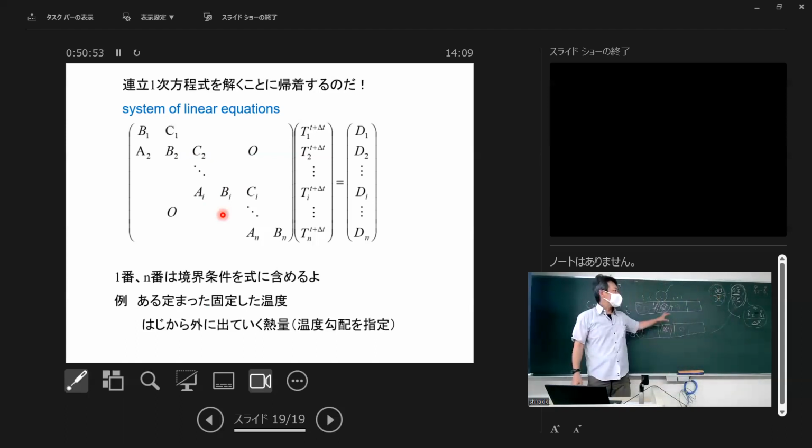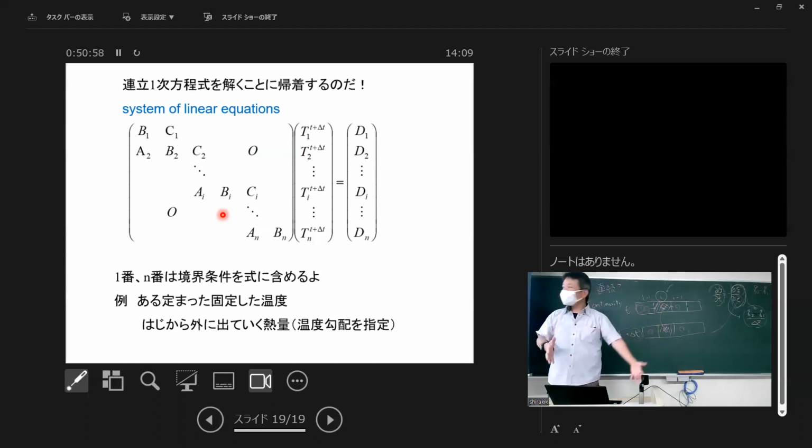This is a one-dimensional equation, but if we have three dimensions, then there is another point, another value with another box. This is called the